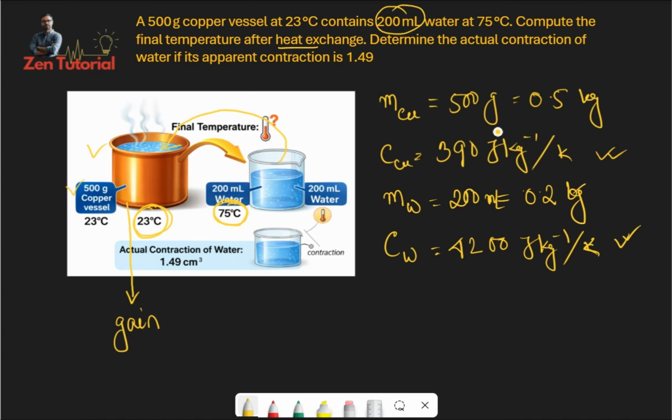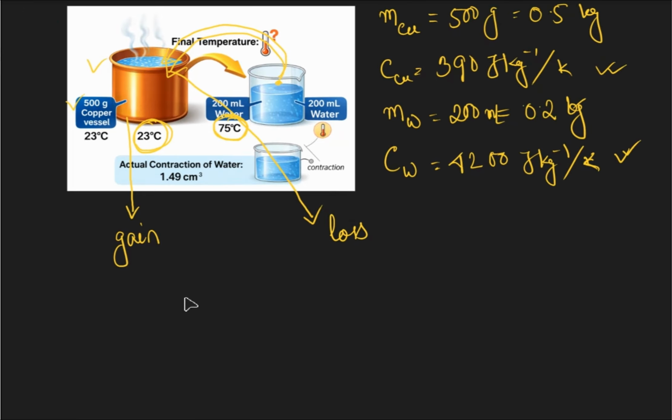Indeed, when we mix this water into the copper vessel, this water heat will be lost, right? So what is the heat gain by the copper vessel when water is added? So we could write down,